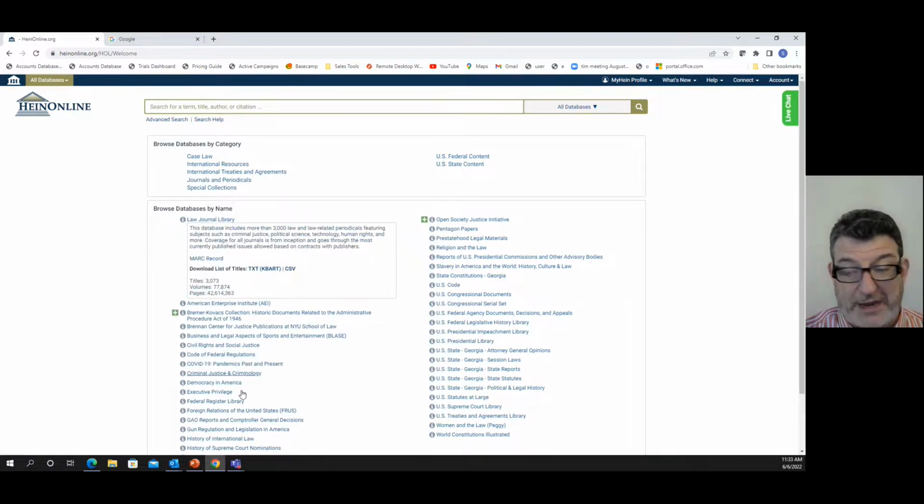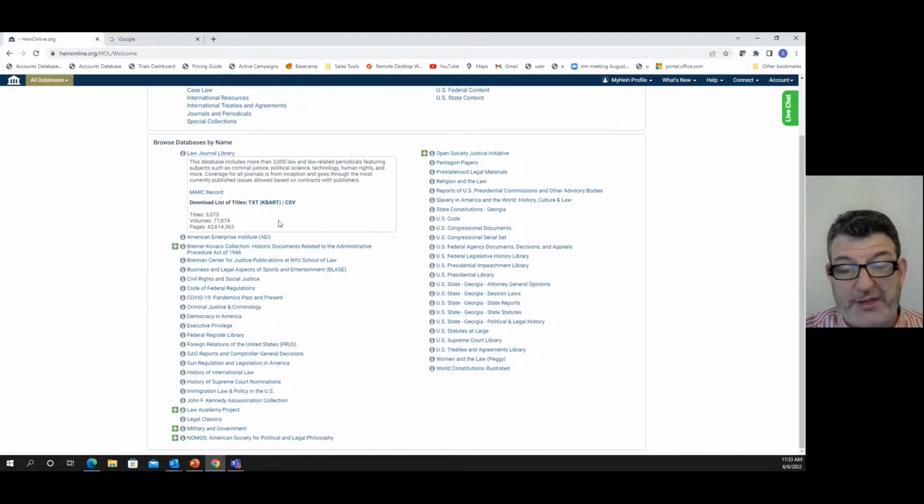If we click the I under any of these collections, it will give you a description of what is in a given collection in HeinOnline. So the Law Journal Library, let's just take a quick look at it because it is the biggest collection within HeinOnline Academic. 42 million pages in this collection alone, 3,073 journals. You can get a list of any of the collections, what's in it. For example, you might want to compare what HeinOnline has to other databases like Nexis Uni or Westlaw or ProQuest to see, why are there so many journals in HeinOnline? How does that compare to other databases that you have? And in fact, you can do that.